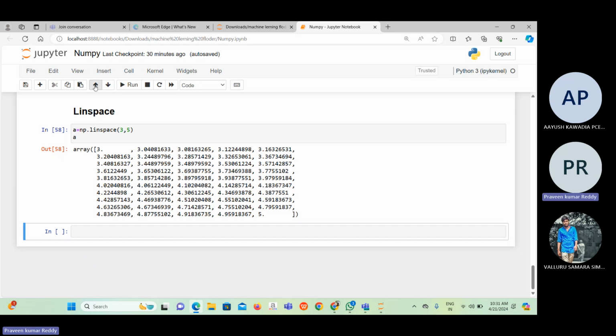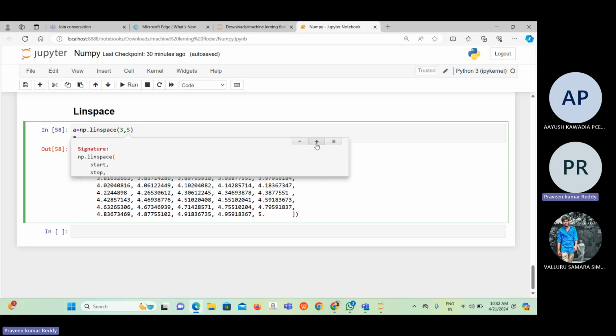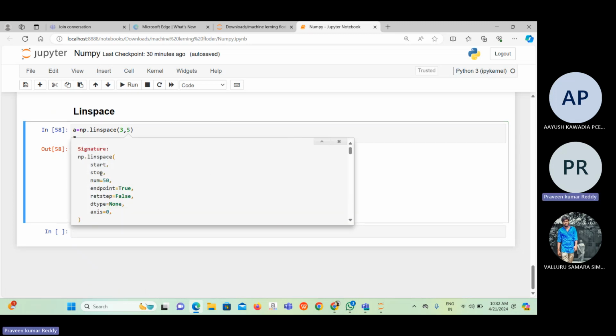endpoint also. First of all, we have to check the tab, these are the parameters. We have to take the start position and end position and whatever numbers we have. Suppose 3 comma 5. In this 3 comma 5, there is 3.1, 3.2, 3.3 to 3.5, a lot of numbers. In that lot of numbers we have to convert. By default we have to check 50 numbers. After that we have the endpoint is true. Whether the endpoint is true means we have to check